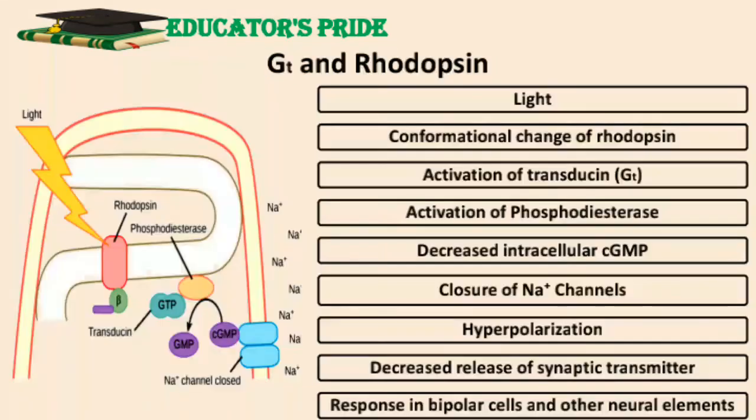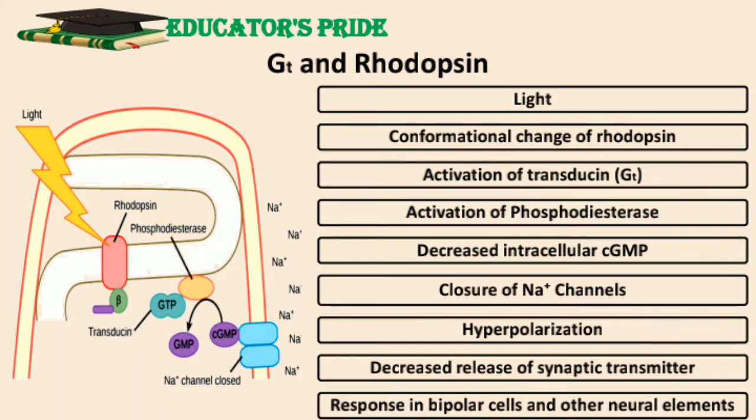Activation of rhodopsin via Gt. Vision depends on G protein coupled receptors that regulate cyclic nucleotide gated ion channels. The first step in vision is absorption of light energy by rhodopsin. Rhodopsin is an integral protein with 7 membrane spanning alpha helices present in the rod cells. As shown in the figures, in its excited conformation, rhodopsin interacts with a second protein, transducin, that is Gt. Transducin is a heterotrimeric GTP binding protein.